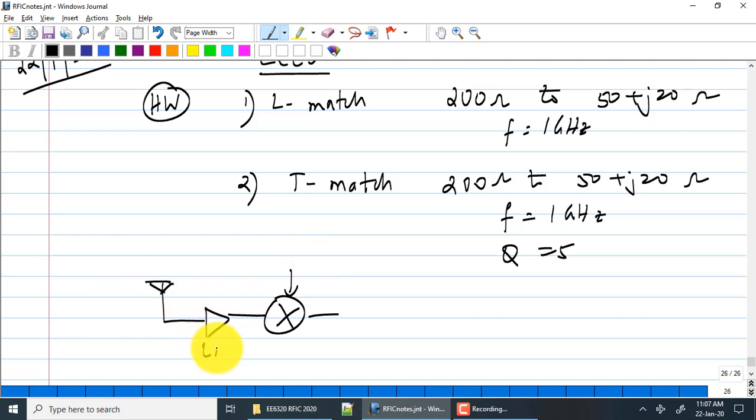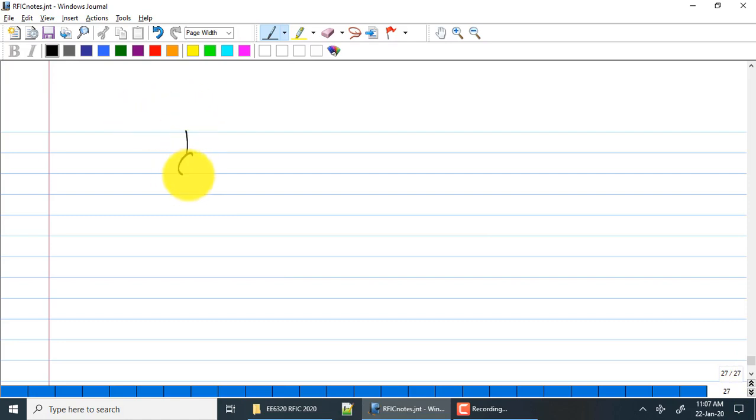What we said was the LNA is followed by a mixer, and what we have studied so far, this is 50 ohms. We want this to be also 50 ohms. We want this impedance matching. So first question, if I just want to check the noise, so this is Vs and Rs going into the LNA, I want to figure out how much of the noise from the resistor Rs, the antenna,